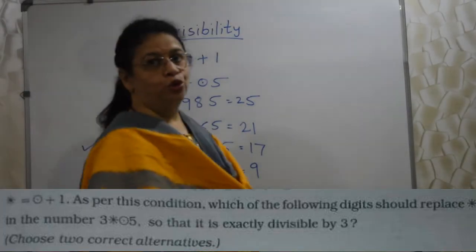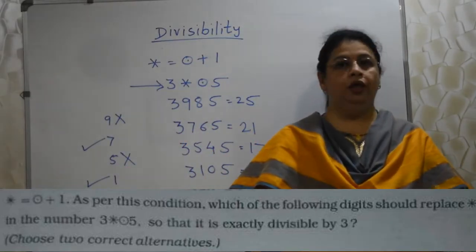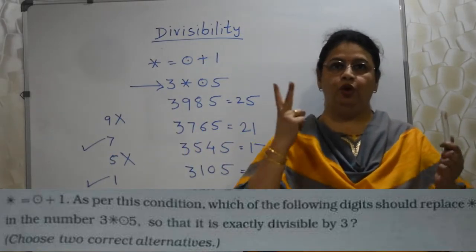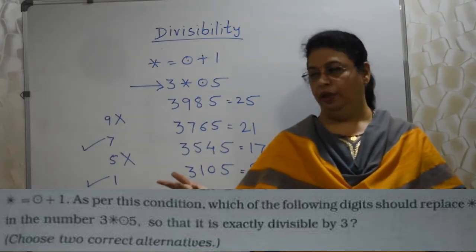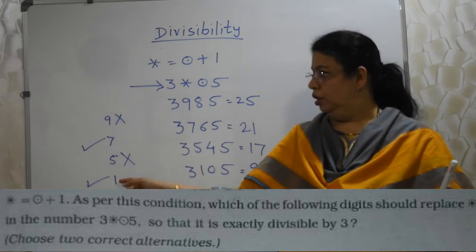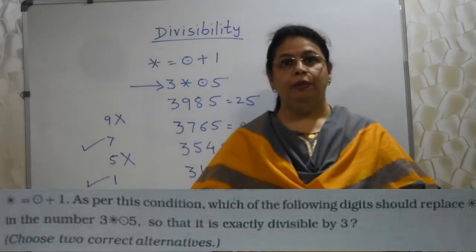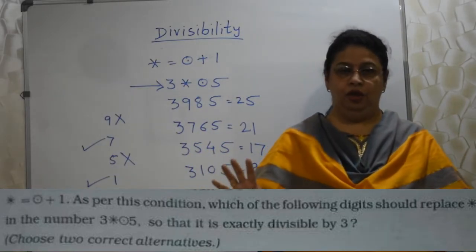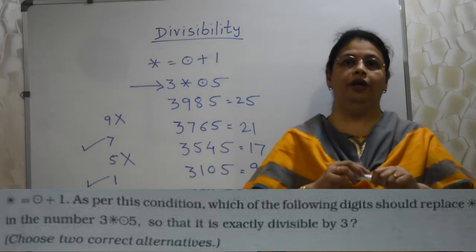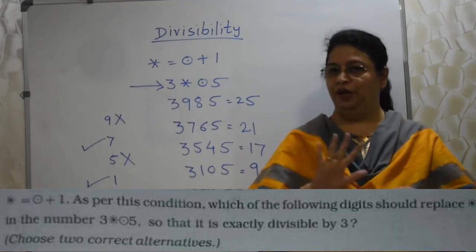Students, here if you choose option number 2, because 7 is right, correct? So if you choose only option number 2, you are not going to get those 2 marks, because what they want we are supposed to give. They want 2 correct alternatives, means 2 correct alternatives. If out of these 2, 7 and 1, 7 and 5 choose किया suppose, then also 2 marks are gone. 2 correct means 2 correct, any one correct नहीं. So both have to be correct. So 8th standard students के लिए ये important है. 2 correct options का problem 5th standard को नहीं है.